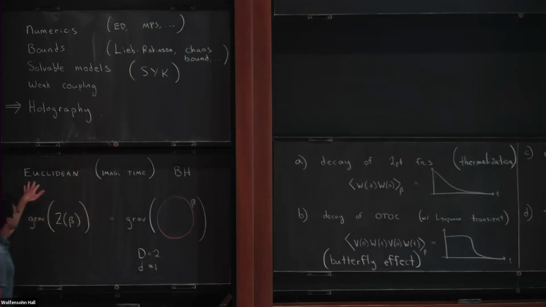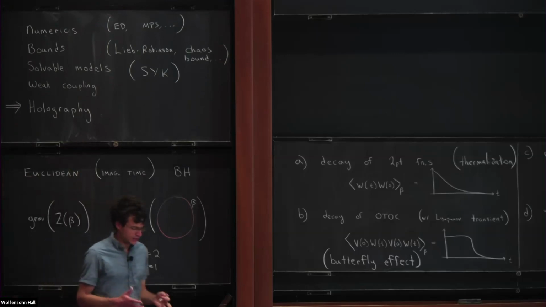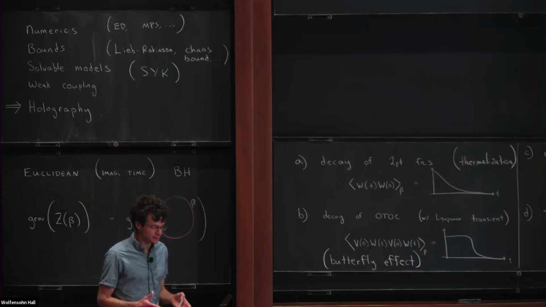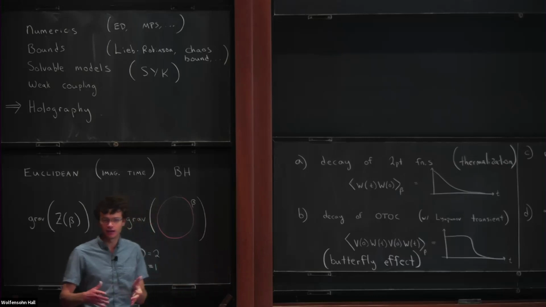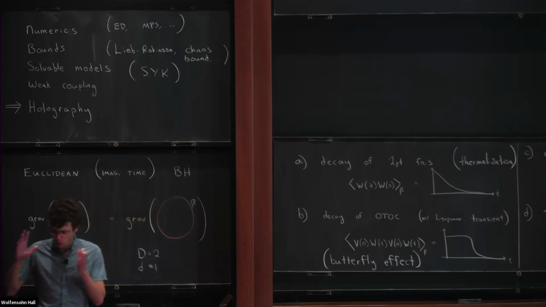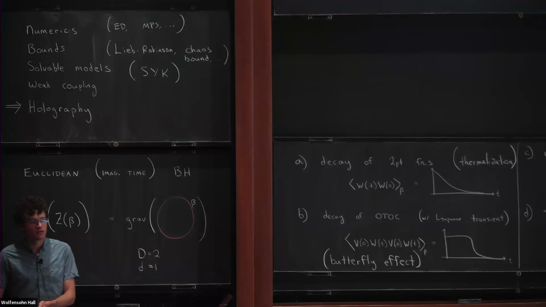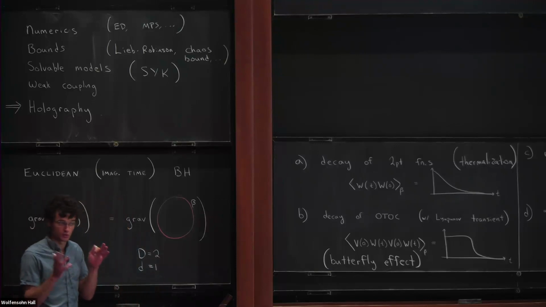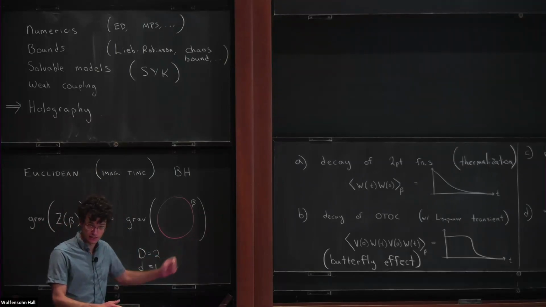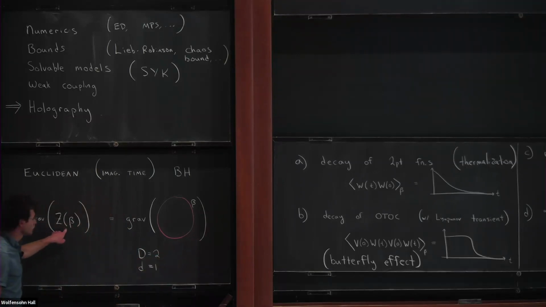We're going to start with what's called the Euclidean black hole, or imaginary time black hole. So this is a black hole whose purpose in life is to help us to compute the thermal partition function of its dual quantum mechanical system. So remember, underlying all these examples is some kind of quantum mechanical system that is secretly described by a black hole. So the purpose of this Euclidean imaginary time black hole, which I'll explain in a second, is to help us compute the thermal partition function